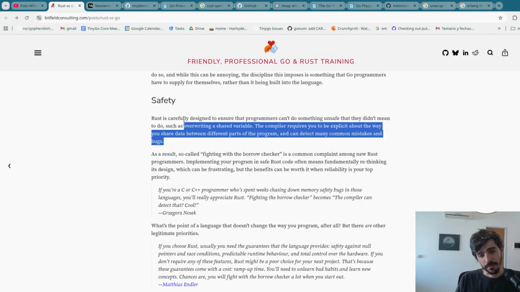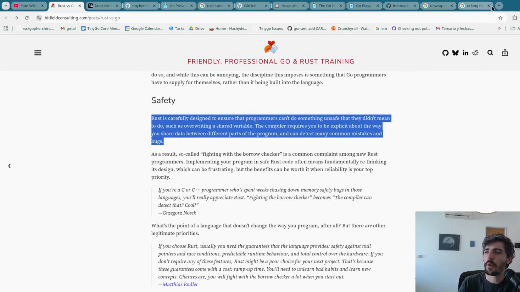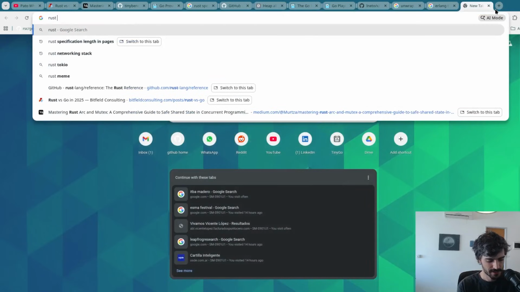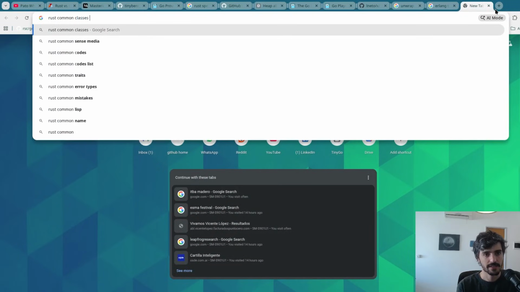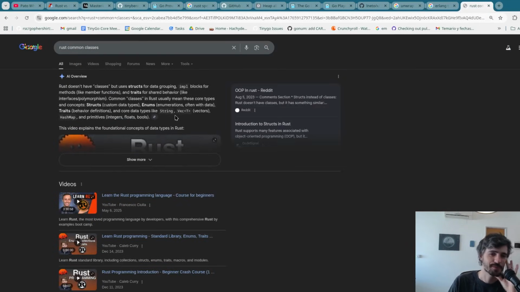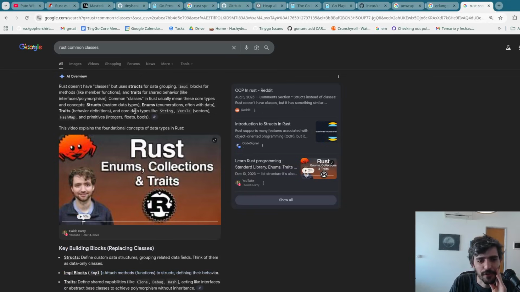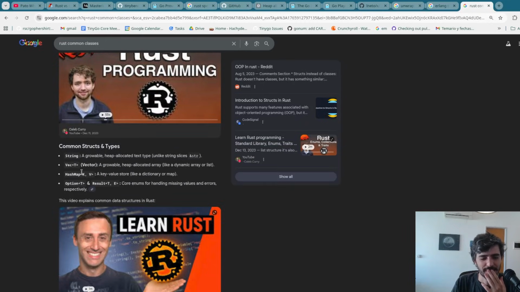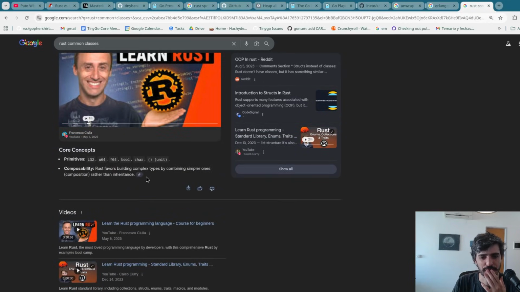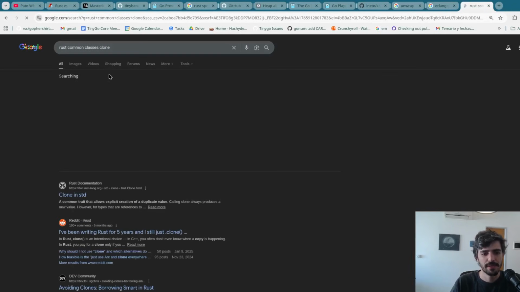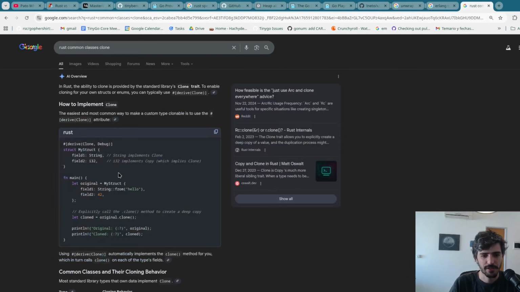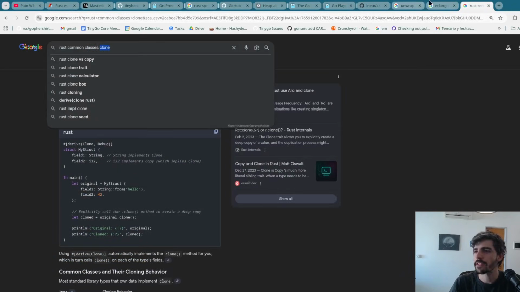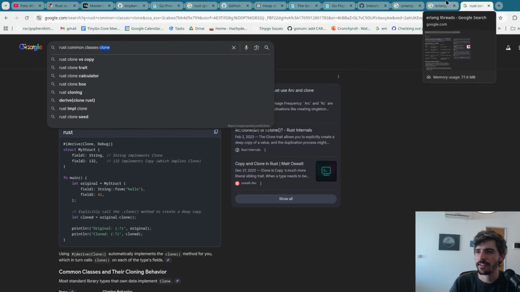But then you have another problem where you're just wrapping everything in Arc, Mutex, everything, right? What was it? Is it Rust common classes? Come on, give this one to me. I can't for the life of me remember. Was it one of these? Clone? Was it Copy? I feel like it was like Copy or Clone. It's just one way of overriding this was to just clone all your data instead of...